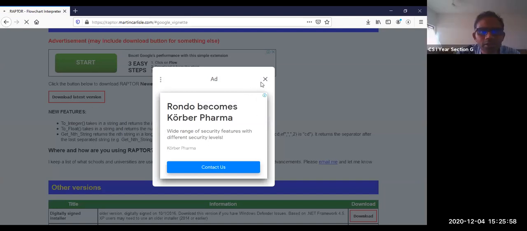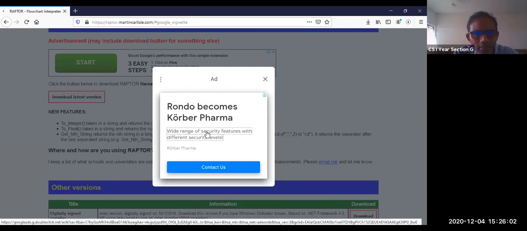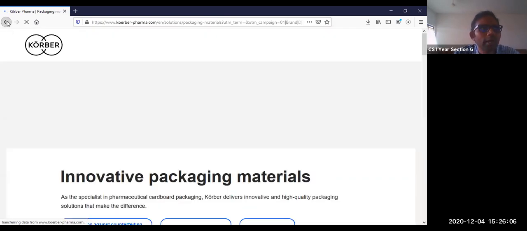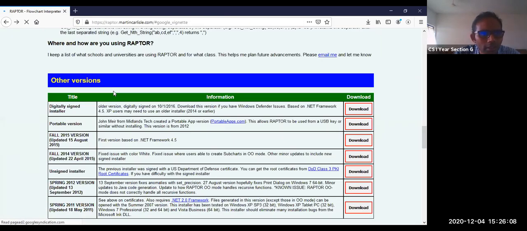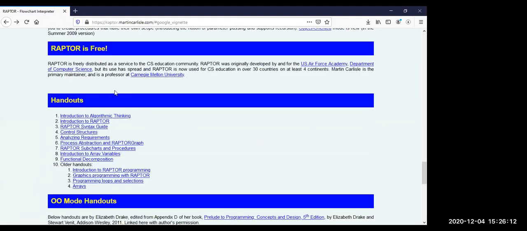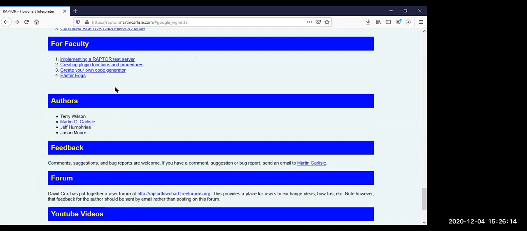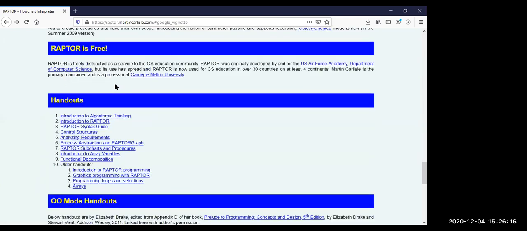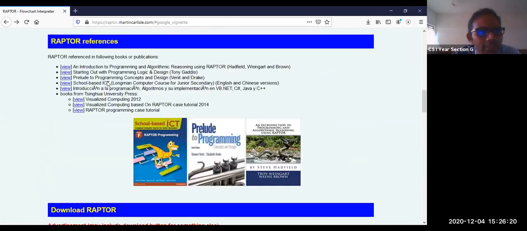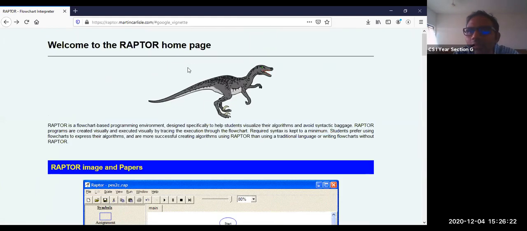Not this one, that is a random ad. I clicked on the ad. Unfortunately, it is not going. Back. Raptor, check for older version. One second, it must be on the top itself. I have many windows.